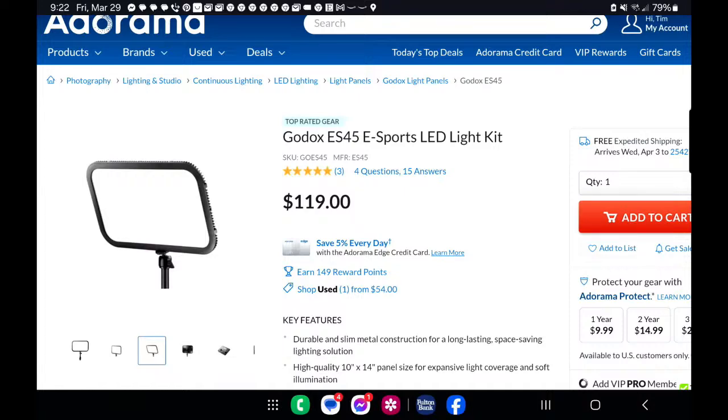So the next thing that you want to think about when you're putting your studio together is exactly how or what style of